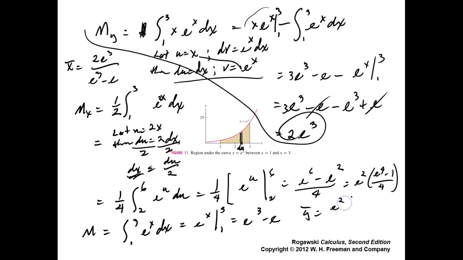E squared times e to the 4th minus 1 over 4, over e times e squared minus 1. Is that okay? Yeah, let's do that up here too. This would be 2e cubed over e times e squared minus 1. Right? And that way you can get an e to go out,